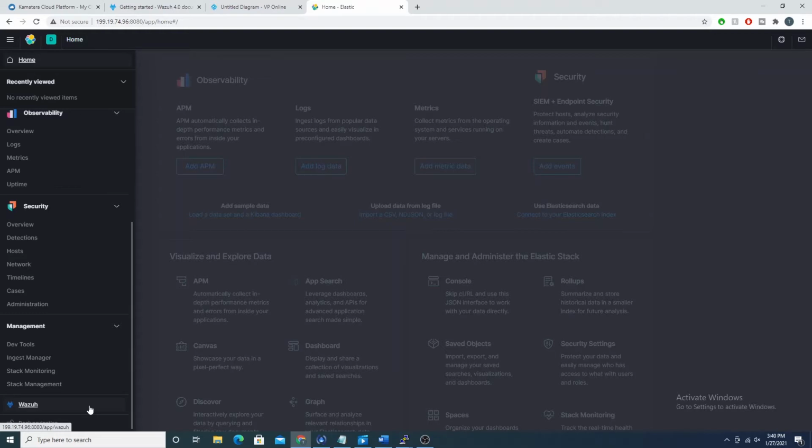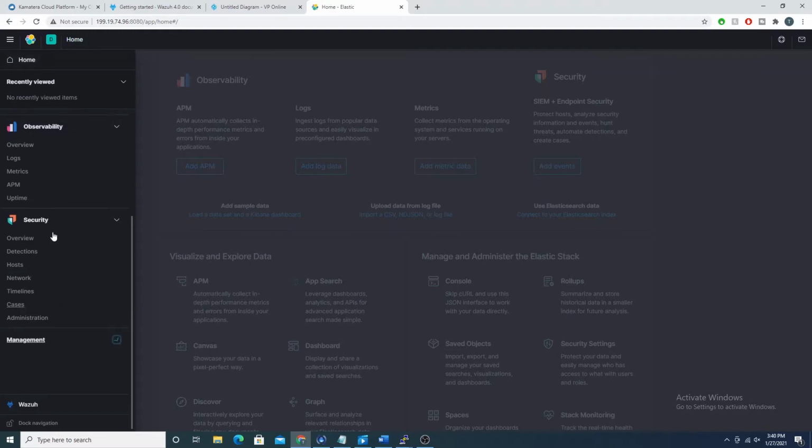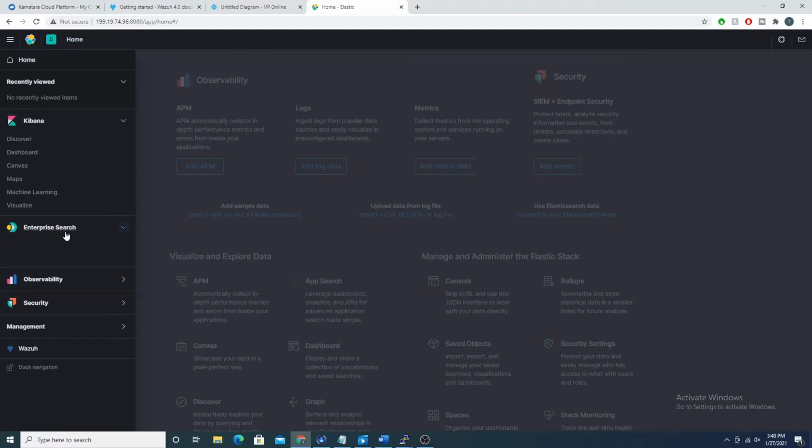So the team over at Wazuh also develops a Kibana plugin. Kibana supports various plugins, so you'll see other open source tools, if they have a strong community behind them, will also have their own plugins. By default, these other ones are not necessarily third-party plugins. These are management, security, observability, enterprise search, and Kibana. These all come pre-bundled with Kibana as part of the initial Kibana install. However, if you remember in the last video, we needed to install the Wazuh app plugin, and so that's what